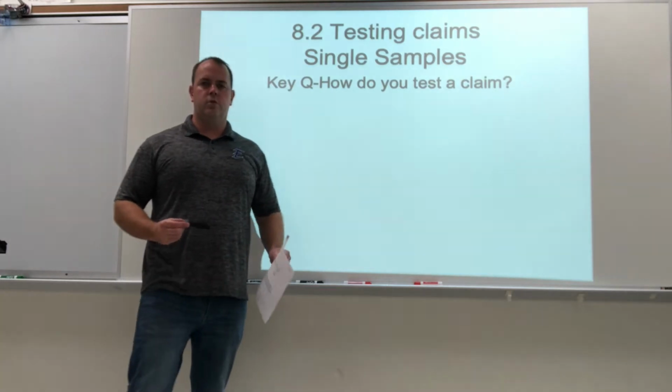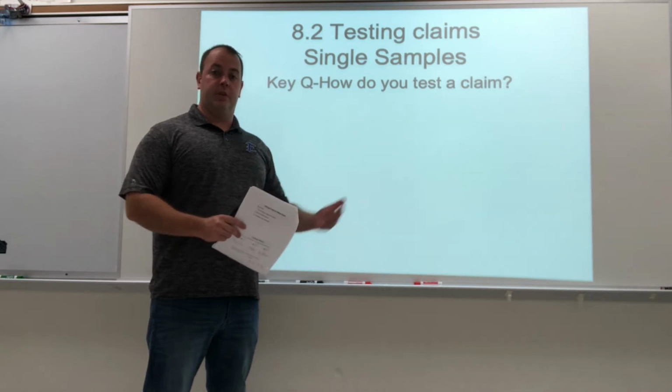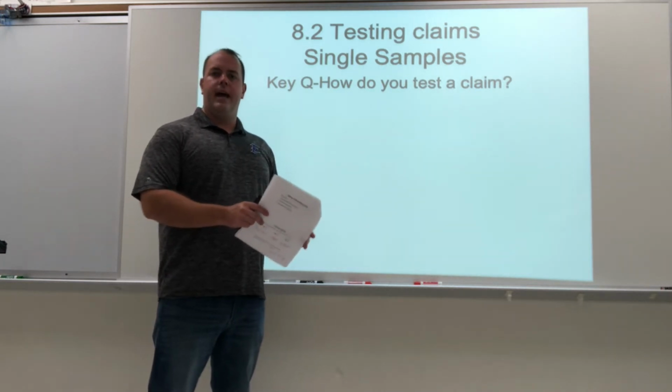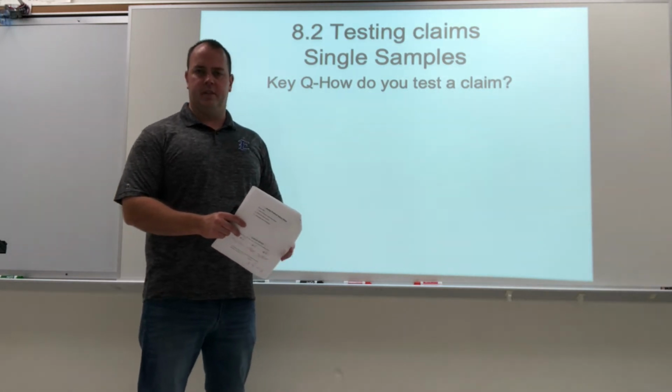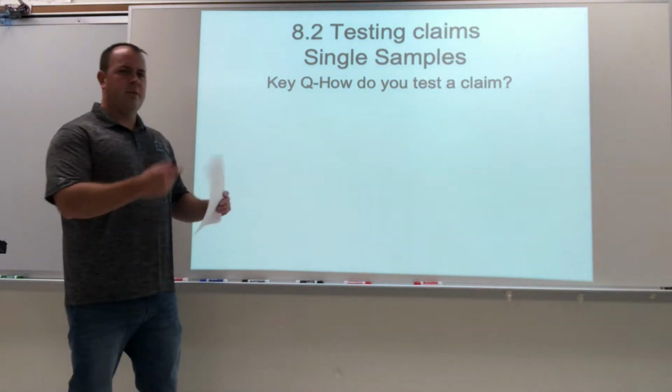So in the first few videos we looked at writing the null and alternative, and then we went through the procedures of how to get our numbers to actually analyze them, the critical value and the test statistic. Well, now we're going to go through two examples, okay? So every time you're going through these,